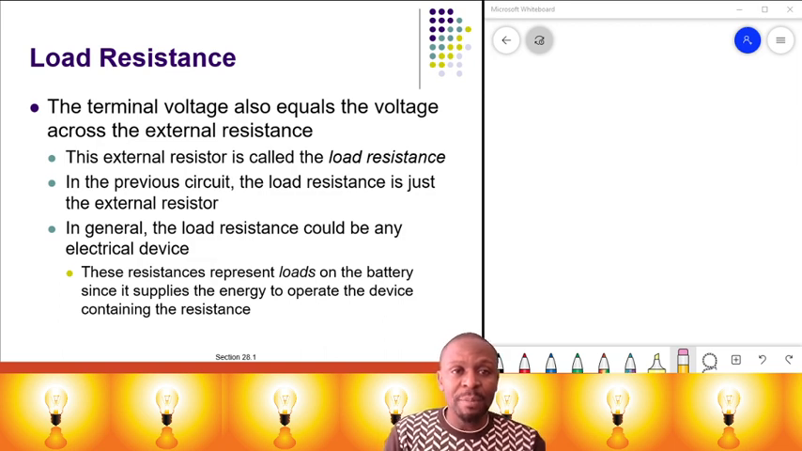Right, now let us also talk about the load resistance, as I've already introduced. The terminal voltage also equals the voltage across the load resistance. That change in V is just equal to I times big R. This external resistor is called the load resistor. In the previous circuit, the load resistance is just the external resistor. In general, the load resistance could be any electrical device. This resistance represents the load on the battery, since it supplies the energy to operate the device containing the